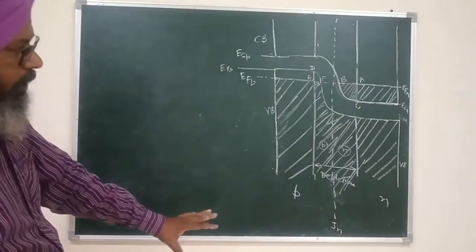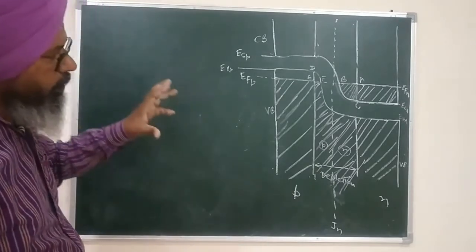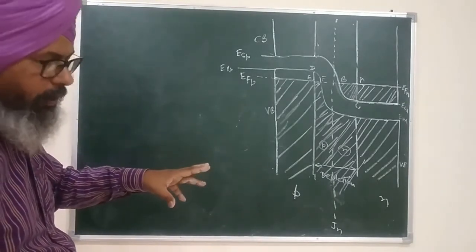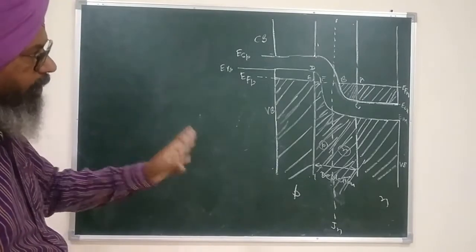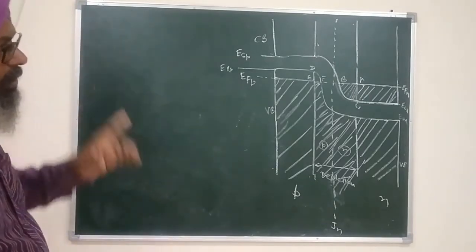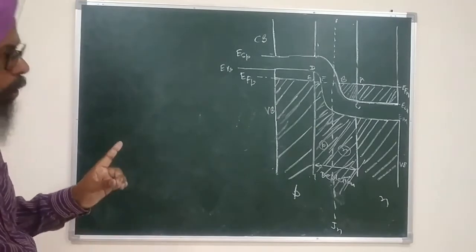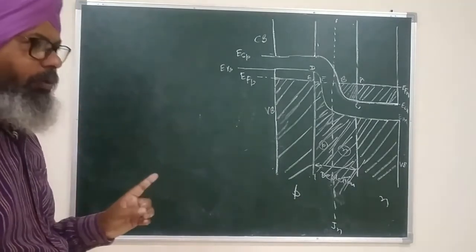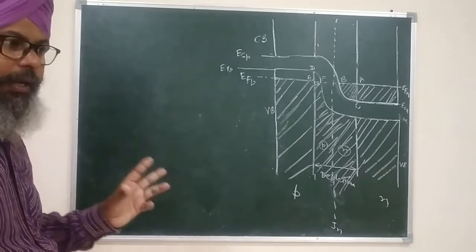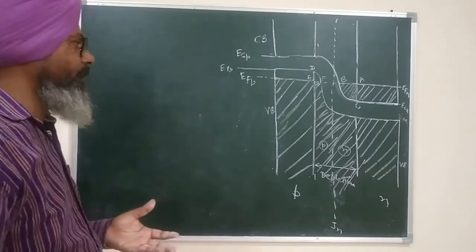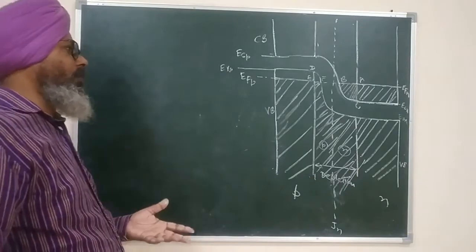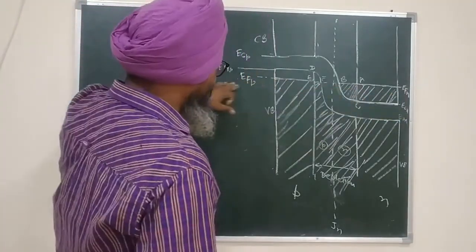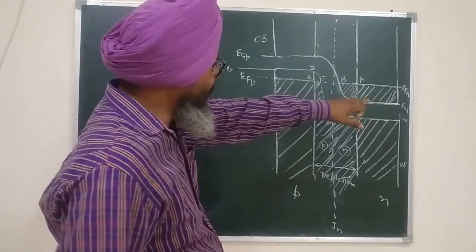So this is actually the band diagram. I am using the word diagram here, right now it is actually sort of a graph. This is the band diagram of a degenerate PN junction diode. It is not P and N separately. Now P and N are joined with each other. It is a PN junction diode now. Please remember, the Fermi level in both of them is at equal energy value.